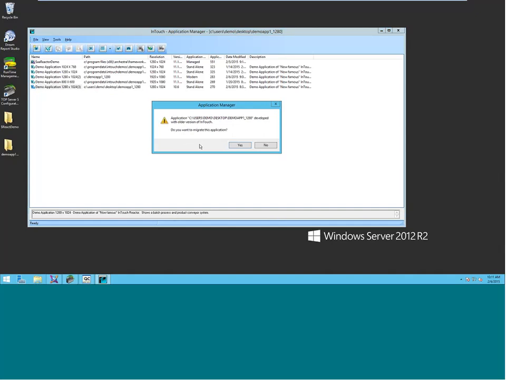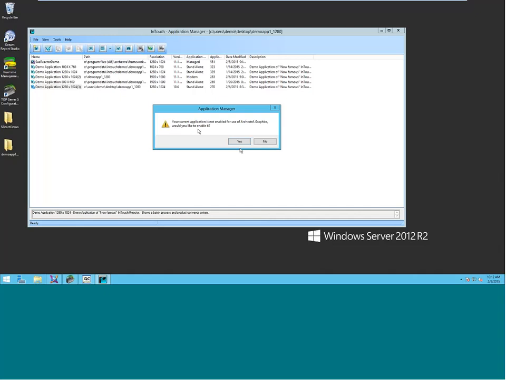If I want to upgrade an InTouch application, I would click Yes. And it says your current application is not enabled for use of ArchestrA Graphics. Would you like to enable it? I would click Yes. That's just the same as creating a new InTouch application and choosing Modern. Okay, so if I click Yes, it's going to upgrade my InTouch application automatically from 10.6 now to 11.1, and I will get the ArchestrA Graphics. And so what I'm going to do is I'm just going to go ahead and cancel this,